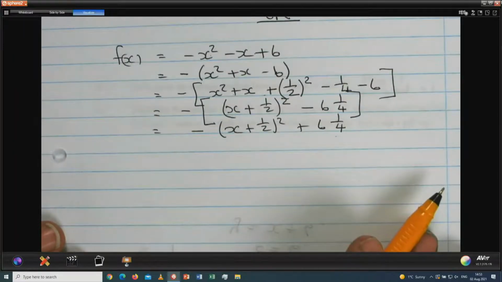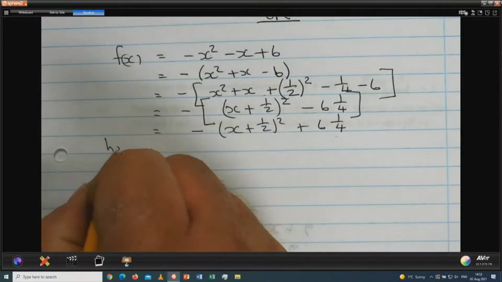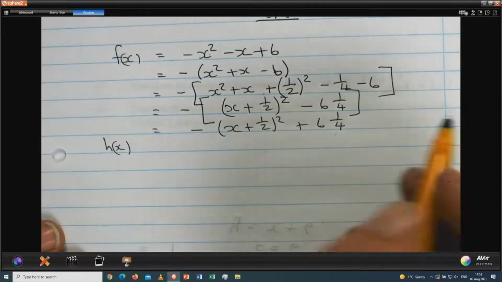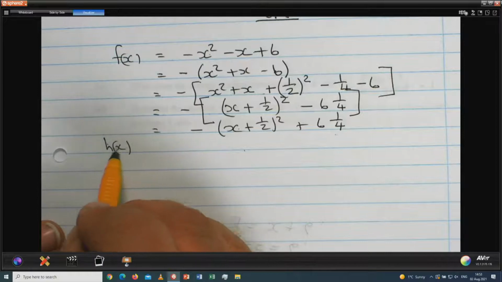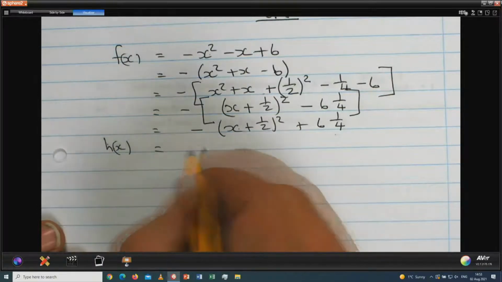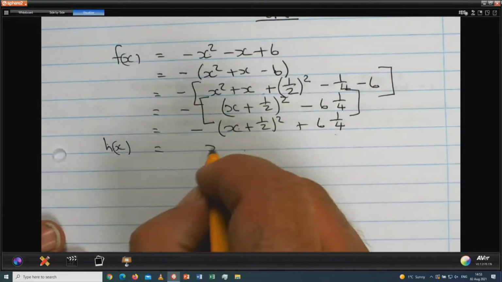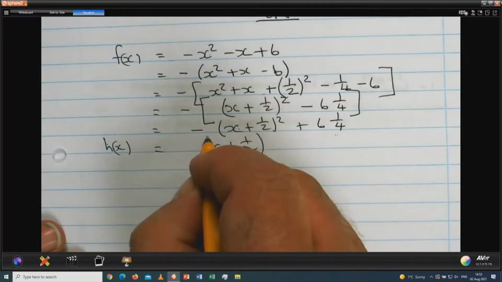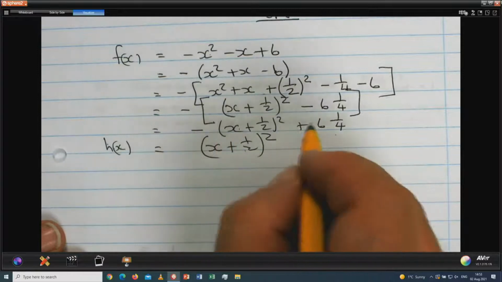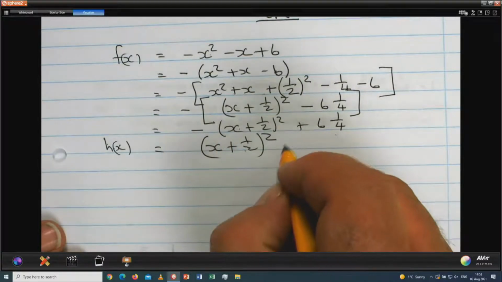Then they said to us, now h(x) is a reflection in the x-axis. That means the x-coordinate remains the same, the y-coordinate changes in sign, so the y becomes negative, then you multiply it across, so it becomes positive. So it becomes x plus a half to be squared, and a negative times a positive is a negative, so it's negative 6 and